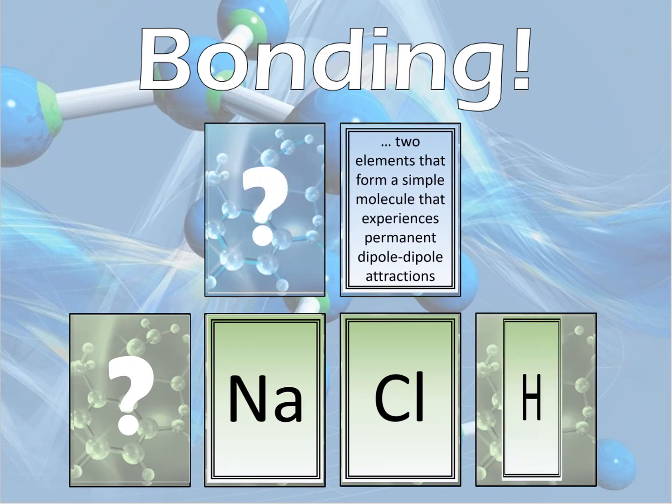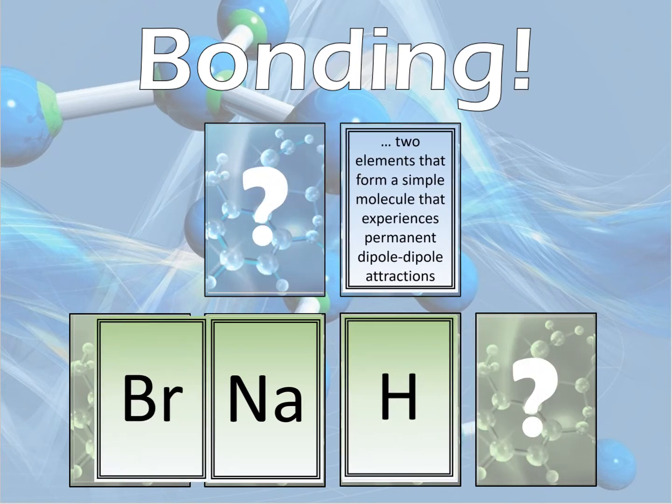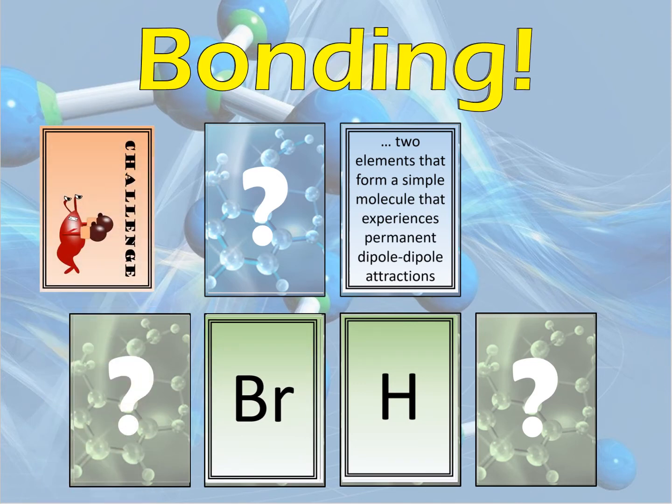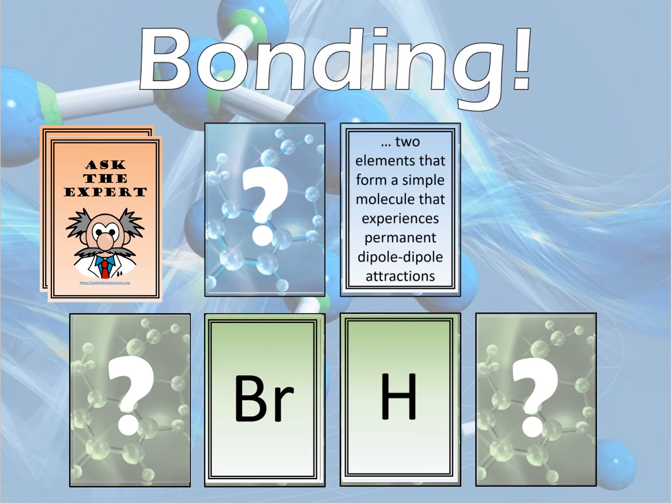However, on this occasion, if the students don't agree with the explanation given by the student who shouts bonding first, then they can challenge through discussion. If no agreement is achieved through that discussion between the group, then they can ask the expert. So the idea of this simple card game was to develop explaining skills and enable students to come to a correct answer through discussion if there was any disagreement.